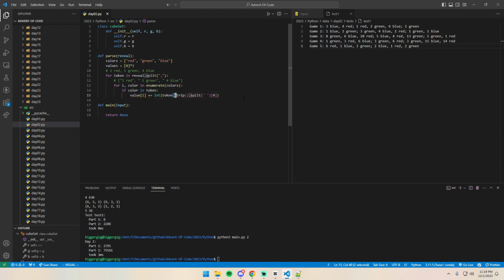And I'm realizing now it actually might just be easier and more readable if I do something like this, and I believe this should work. So let me explain what this is doing. When I have a token like this, where I have a leading space, 5, space, green, like this,